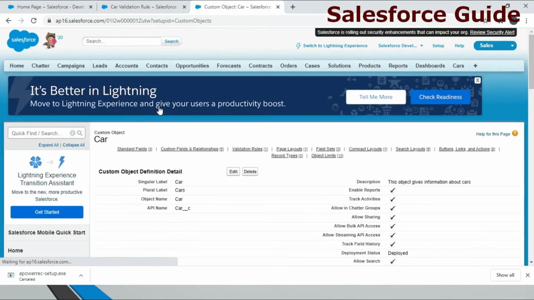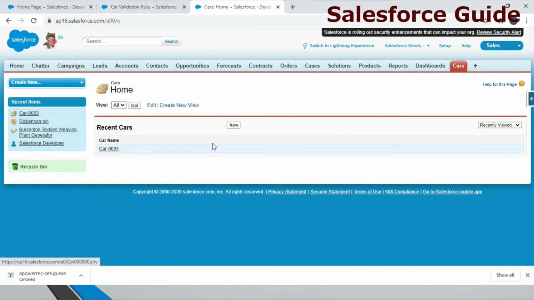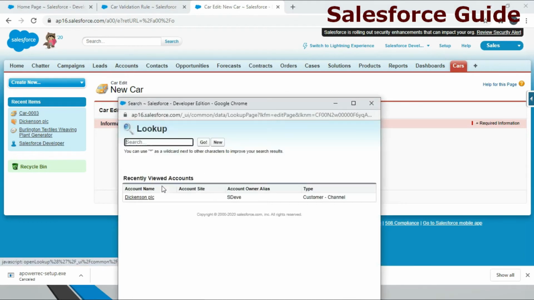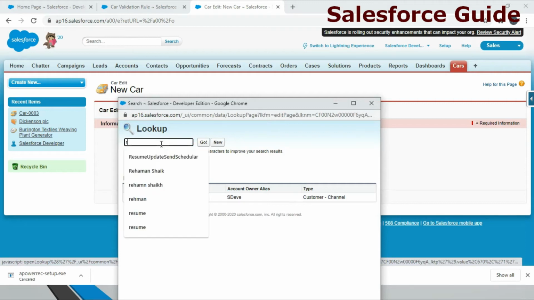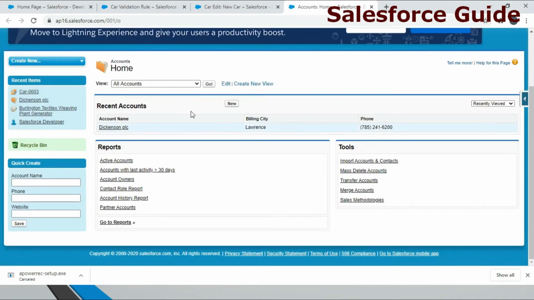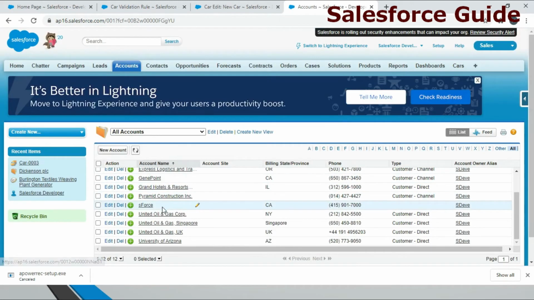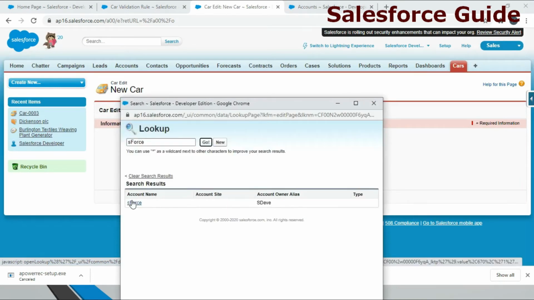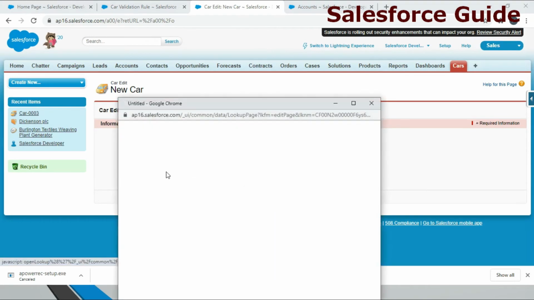Now I will try to create a new record again. In the new record, I will enter Baleno, price as, let's try to enter a lesser value, 70,000, number of seats as 4. I need to check any kind of valid account first. So we have S4s, so I'm selecting S4s here. You can select it as per your requirement. Contact can be anything, whatever you want.